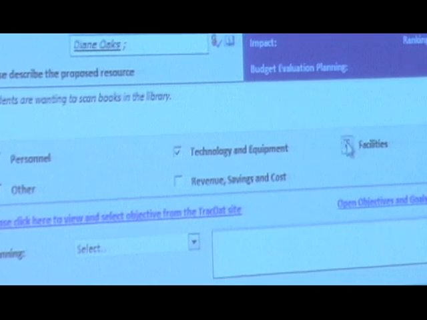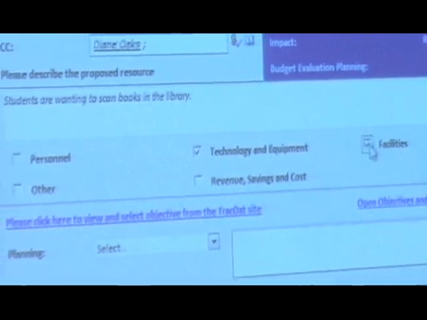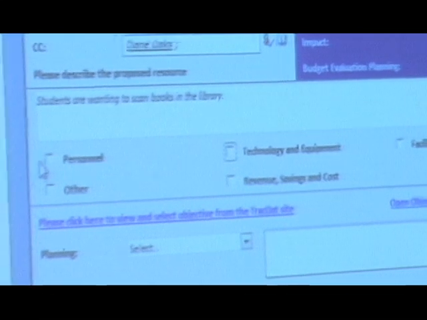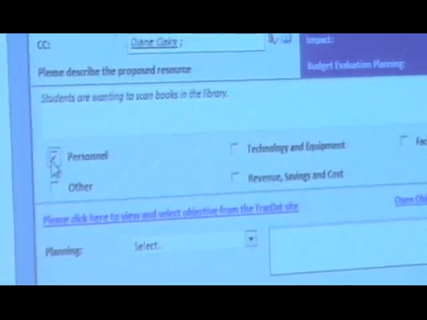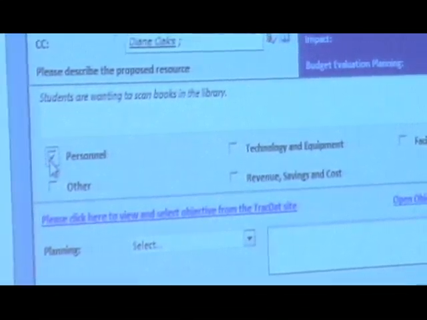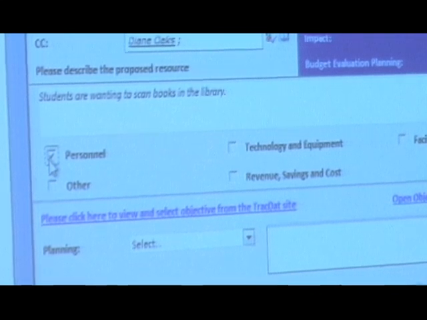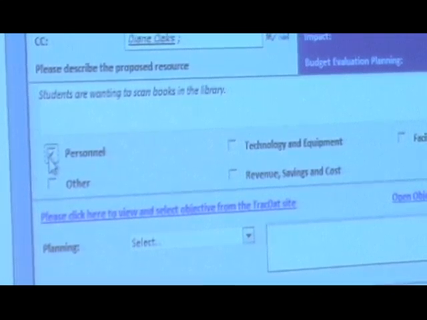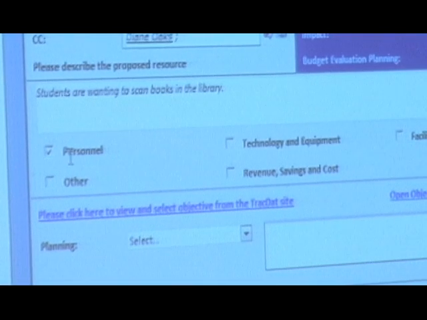The only one that stands alone, no matter what, is personnel. That has its own process, and once you select personnel, the other boxes are grayed out. So personnel, I'll cover for you in a few minutes, but for now, I'm going to select technology,